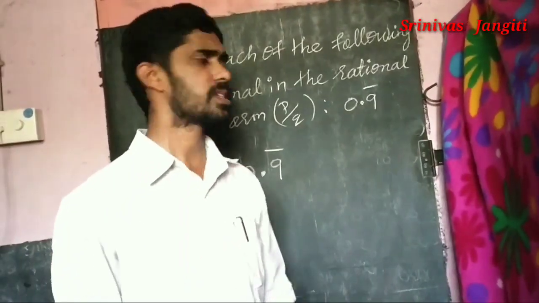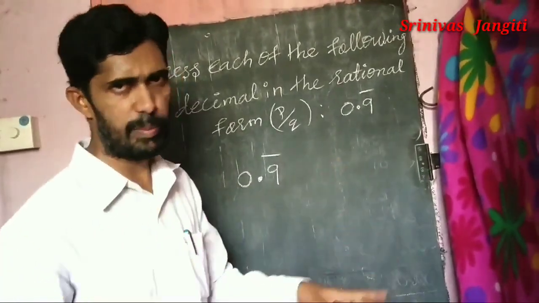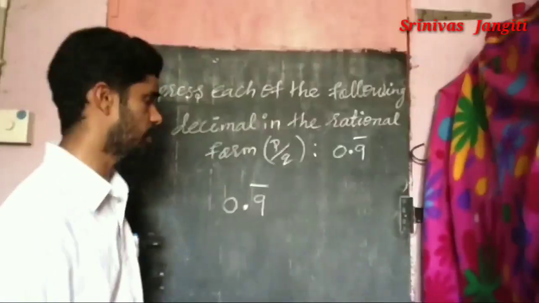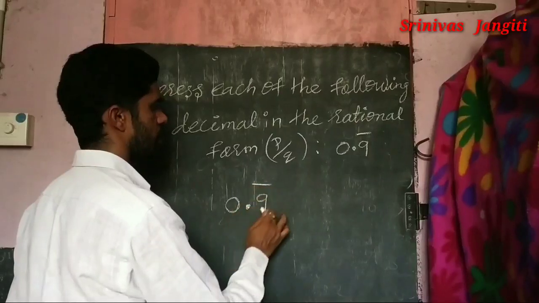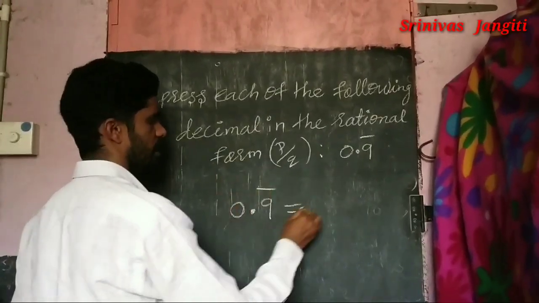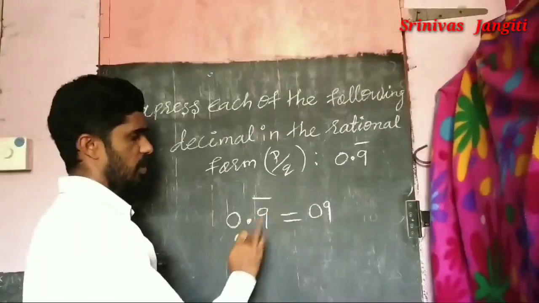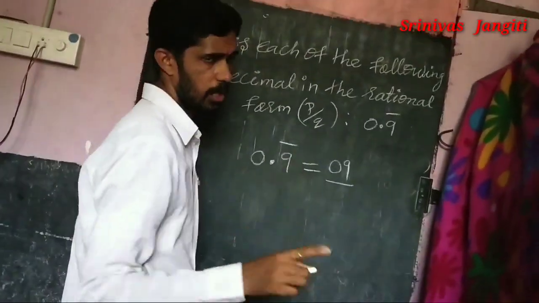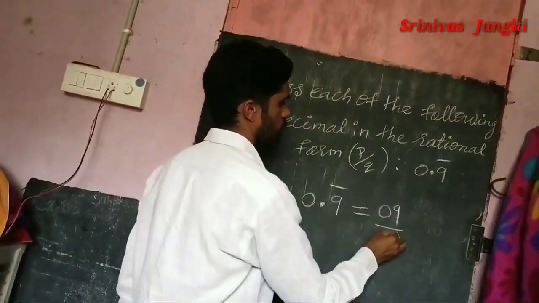Without that lengthy process, we can know it here. The period is 1, like the period is 9. All of you will know this. Without using that, the method is so simple. You observe 0.9 bar. Here the period is a 9, and it is a 1. So you simply write the total number, which is 0, 9. You remove the point. Then how many digits have the bar? Only one digit has the bar, right? That's why you should write down 1.